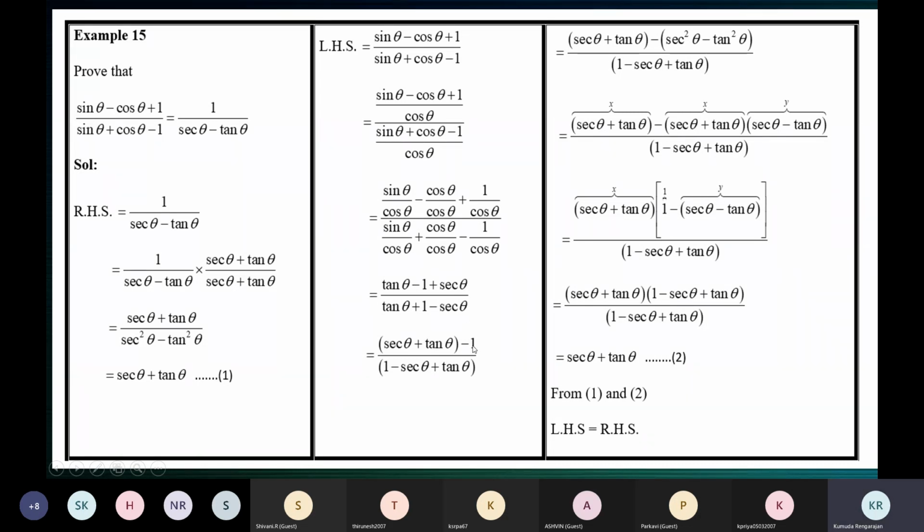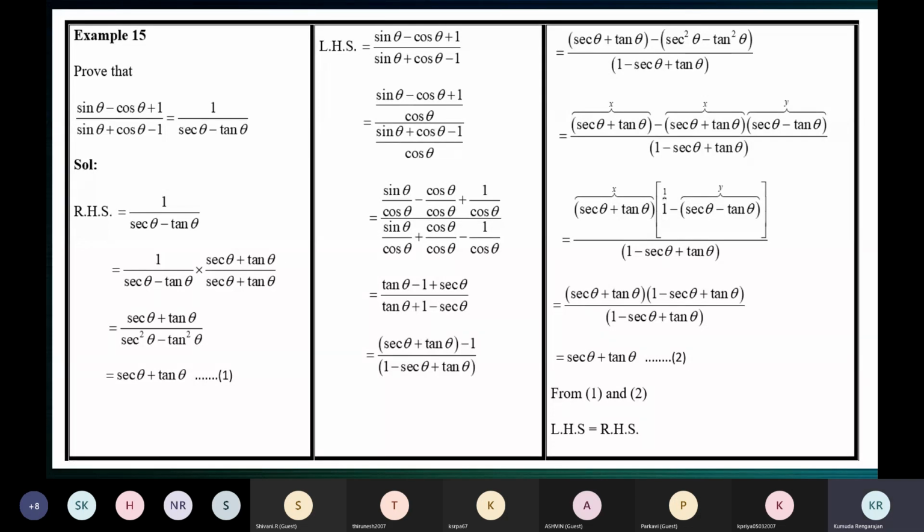In the numerator, see, we have tan theta plus secant theta. I'll tell you why I've written this as secant theta plus tan theta, because we're going to write this 1 as secant square theta minus tan square theta. So there you will get a plus b into a minus b as secant theta plus tan theta into secant theta minus tan theta. So for that, I've written this as secant theta plus tan theta. So how do we start? Divide the numerator and denominator by cos theta. That's what we're doing here. And these are the results.